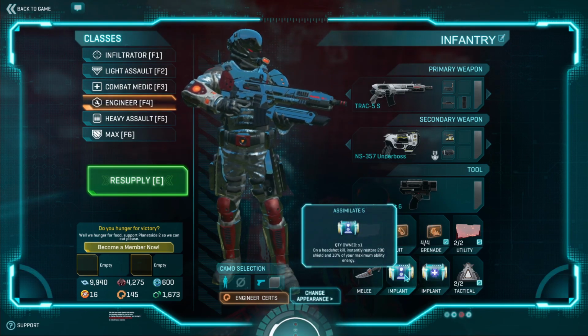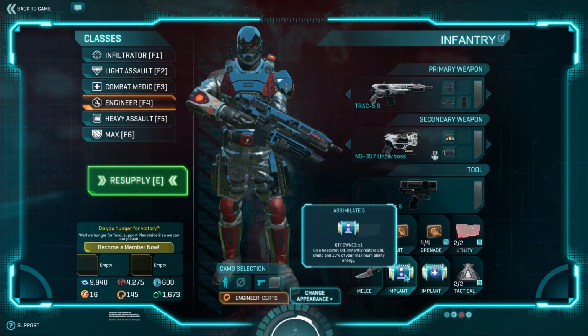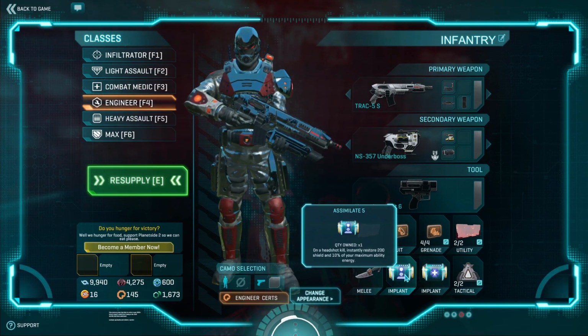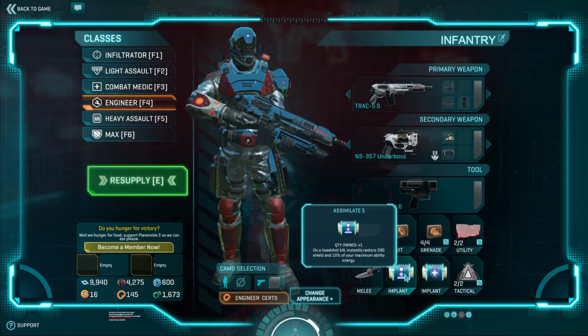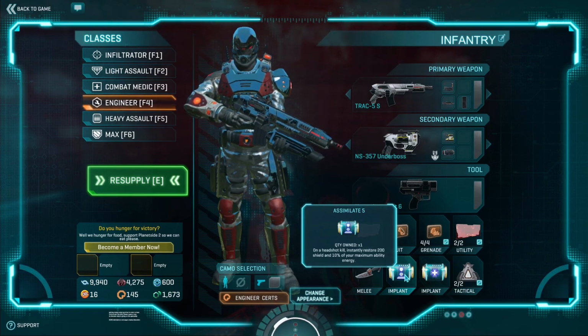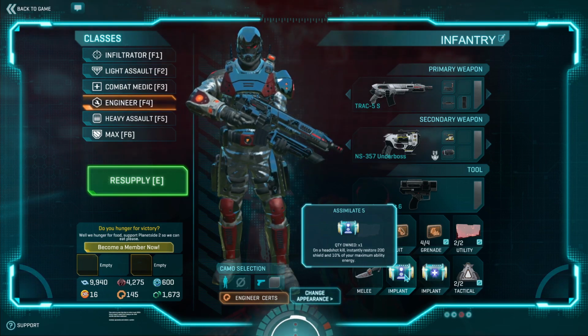Assimilate. We need survivability. We don't have things like the overshield. We don't have the healing like from the medic. We need to keep ourselves alive, even though we're not getting the 10% of the energy, because honestly, energy doesn't do anything for us. Even though we're not getting the 10% of your maximum energy from assimilate and actually applying it to anything, the 200 shield, personal shield that you get from a headshot, is super important for the Engi